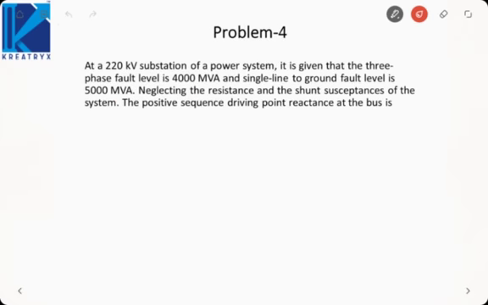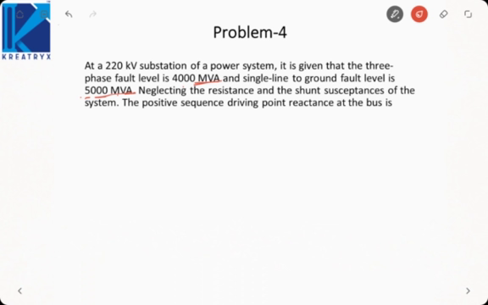It is saying at a 220 kilovolt substation of a power system, the 3-phase fault level is 4000 MVA and the SLG fault level is 5000 MVA. So clearly here I can see that the MVA of the SLG fault is more than the 3-phase fault. So line to ground fault is most severe in this case. Now if we neglect all the resistance and susceptance of the system, we need to find the positive sequence driving point